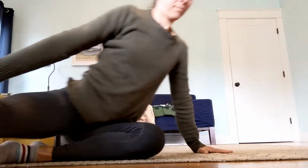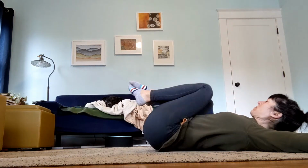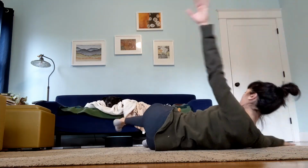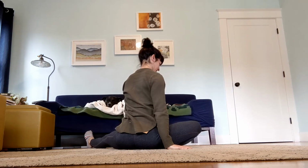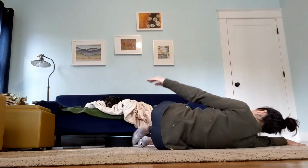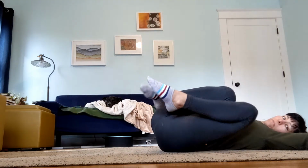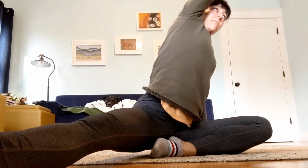First thing we're going to do is extend the top leg out and press ourselves up to a seated position. And then try to find that rotated position, a spinal twist position again. Again, extend the top leg long out away from you and keep the bottom knee bent so you can press yourself up to a seated position. And again, keep the bottom knee tucked, reach out with the top leg, nice and tall,